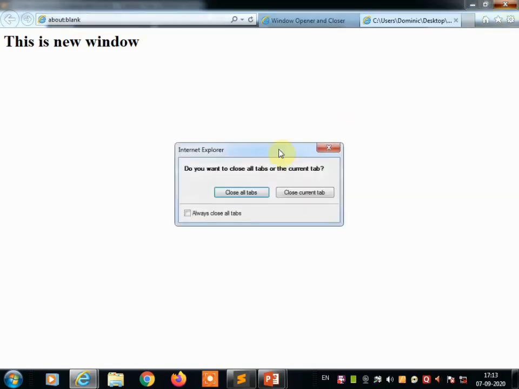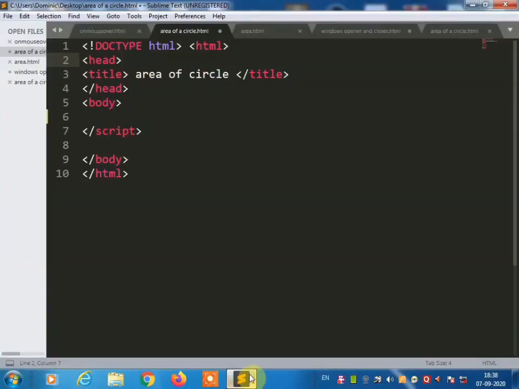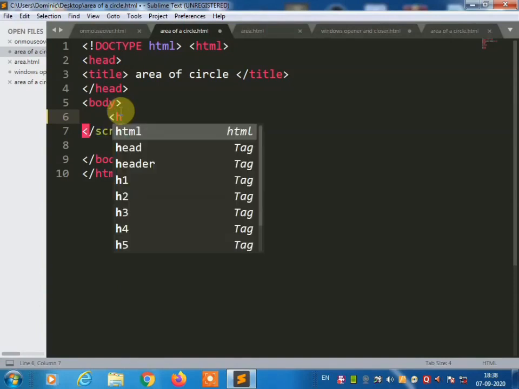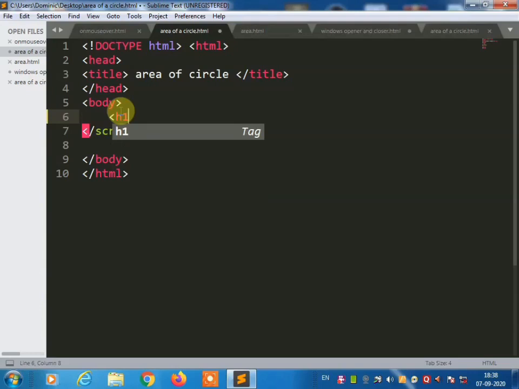Close this, open the text editor and start writing the program. Give the title to the JavaScript program. I'm giving the title here in h1: program to calculate area of circle.